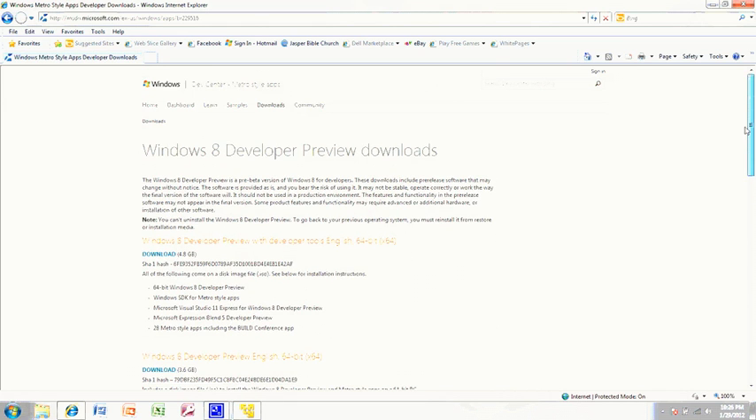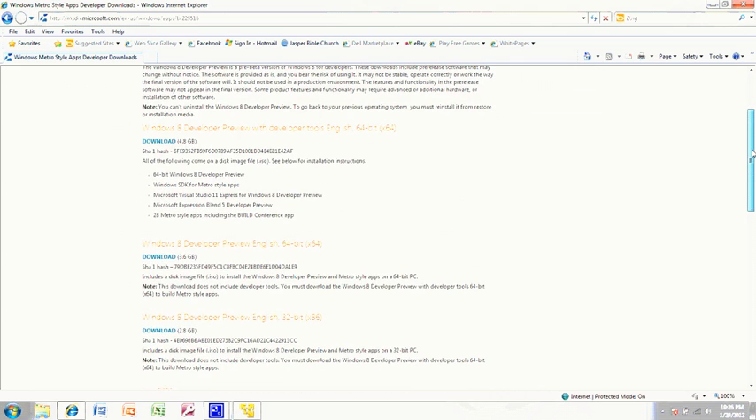So the website to download Windows 8 Developer Preview is msdn.microsoft.com/en-us-apps-br229516, which, if you didn't remember what I just said there, I'll put the link in the description below so you can download that. So what you want to do is select the right operating system that is for you,